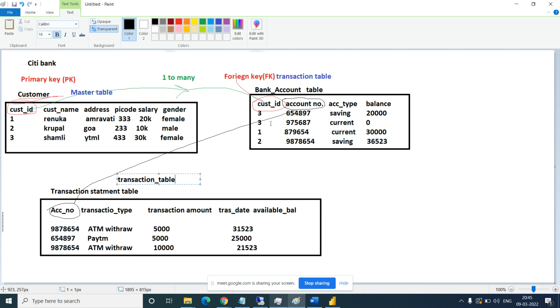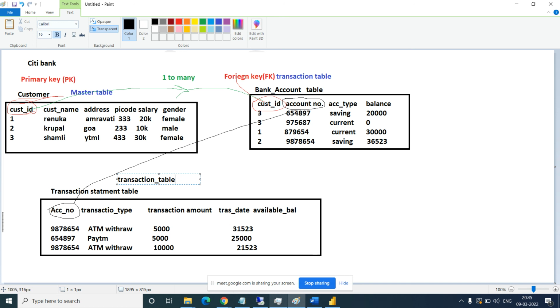You can just consider this a transaction table, but in one table you cannot store all the information, like statement entry, transaction detail and everything. So they separated the tables based on normalization.